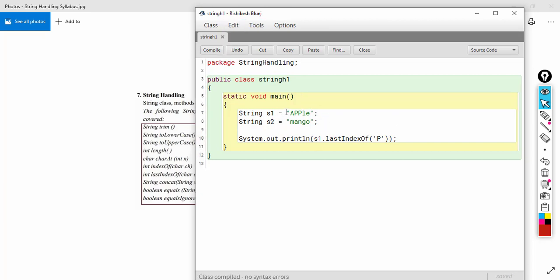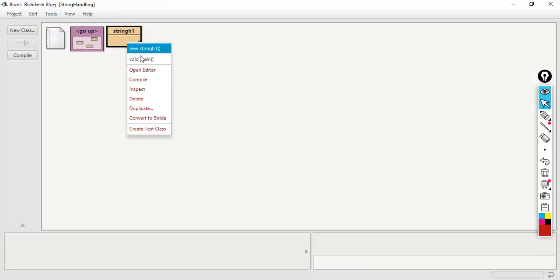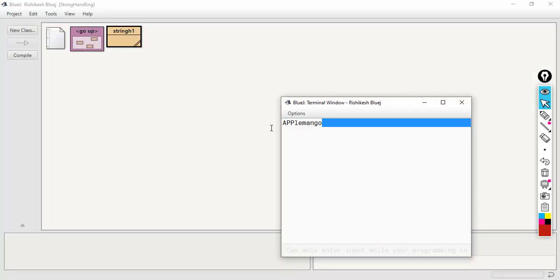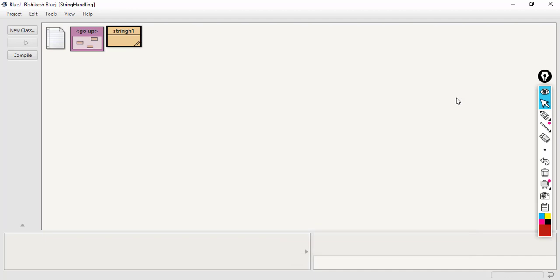If I want to concatenate the strings stored in S1 and S2, I can do it like this: S1.concat, and in the parameter it requires a string, so I'll pass S2. The output of this will be apple mango. Here you can see that both the strings have been concatenated.